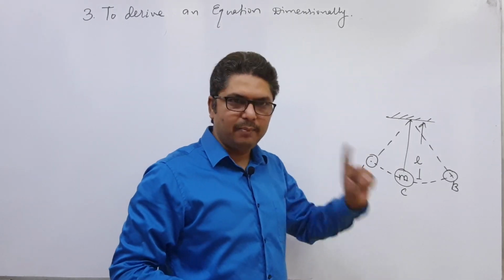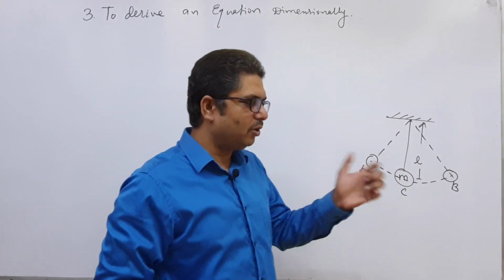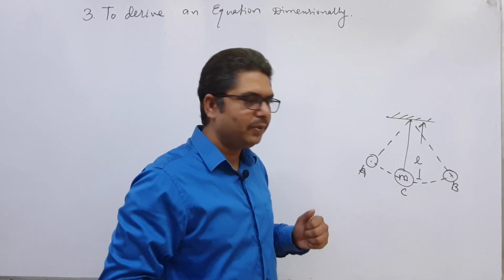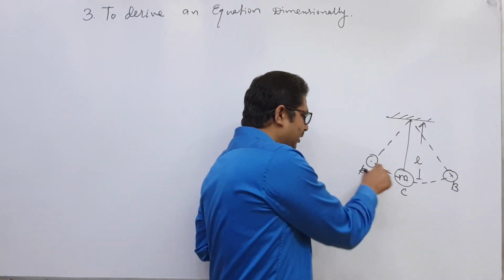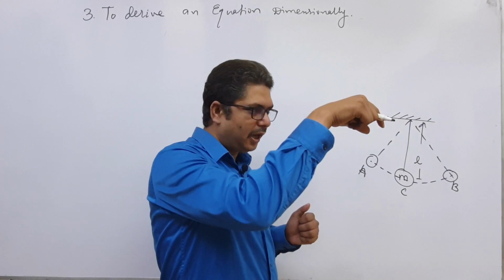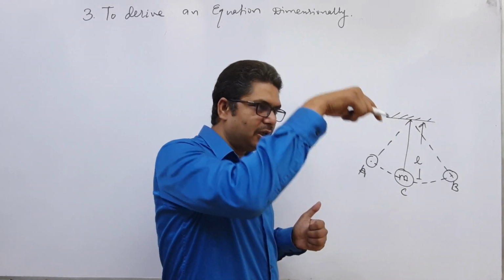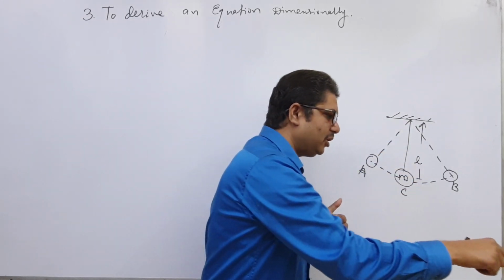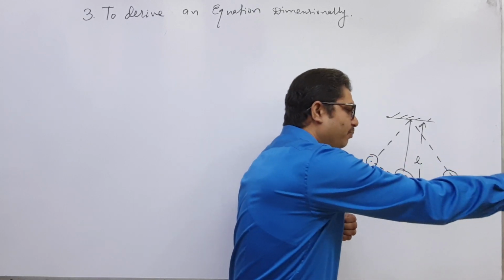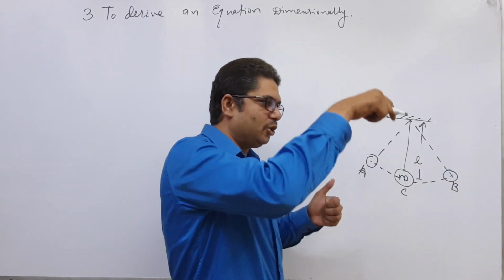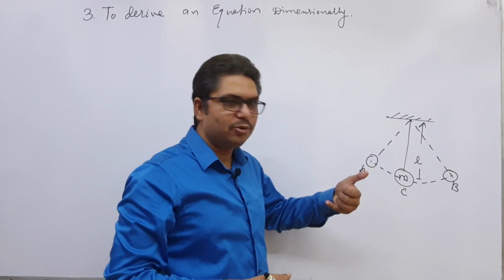So this is said to be a time period. You note the time. Suppose you take a stopwatch in one hand, and in the other hand you hold the pendulum in the extreme position, and as you release it, it will move from A to C and go to B. It comes from B to C and then it comes to A. Stop it and see the time. That is the time period.